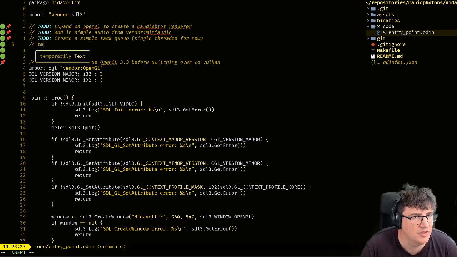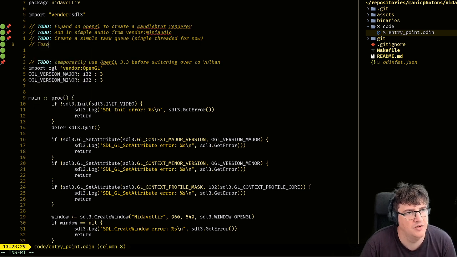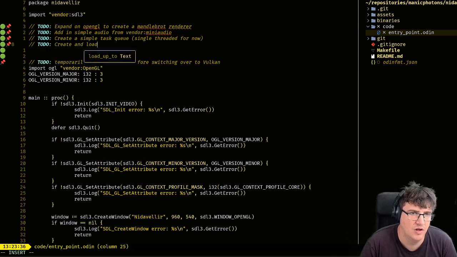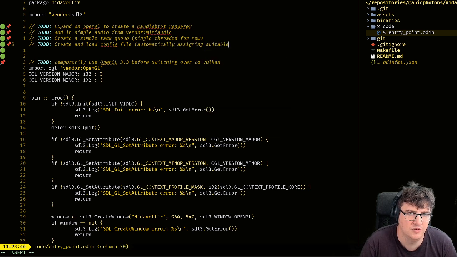And what was the other thing I wanted to do? Oh yes, to do: create and load config files, automatically assigning suitable defaults for values not provided.